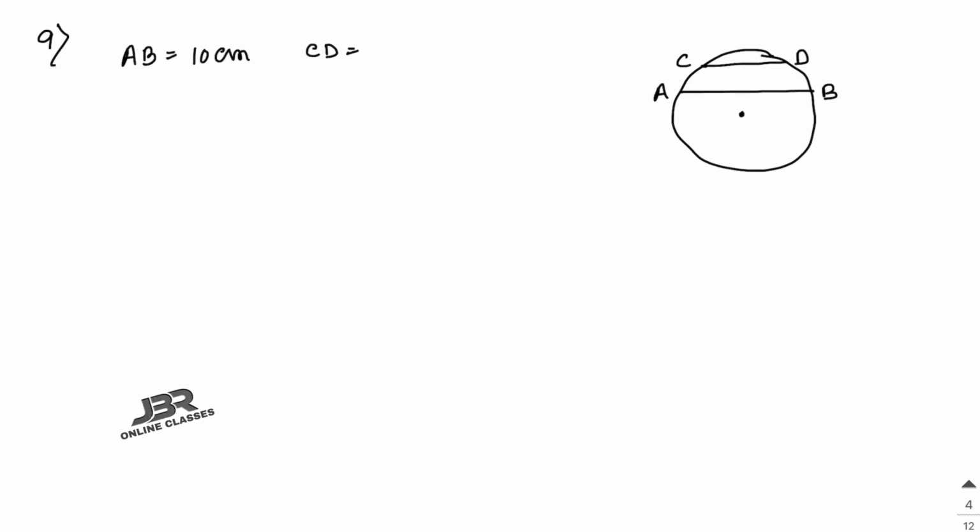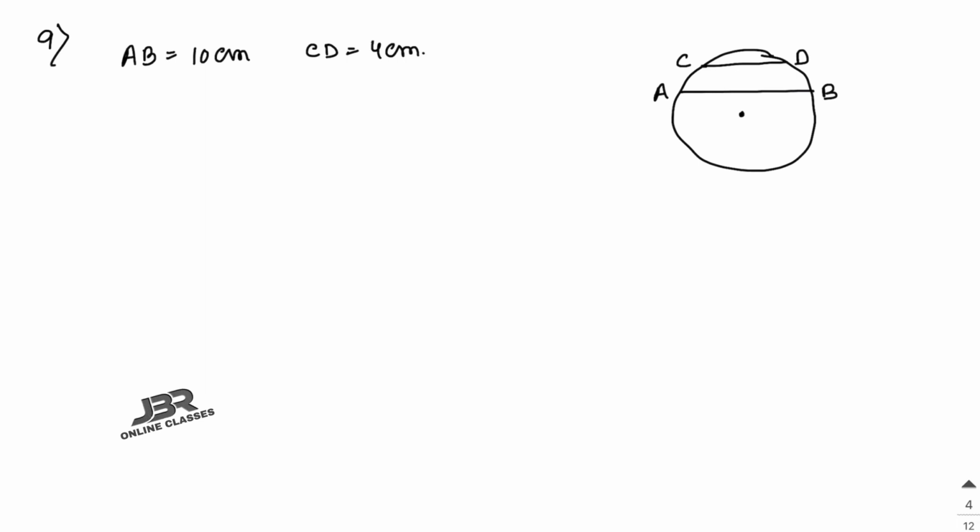So that means first you have to draw a circle here. Suppose this one here is the center, this one is the first chord that is 10 centimeter, and that one is the second chord that is 4 centimeter. Suppose this one here is AB, 10 centimeter, and CD here is 4 centimeter. So write down here AB equal to 10 centimeter, then CD equal to 4 centimeter. Two chords lie on the same side of the center.